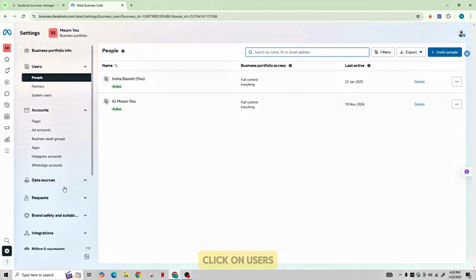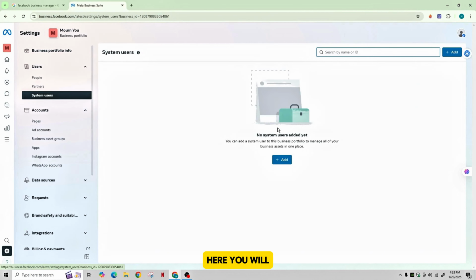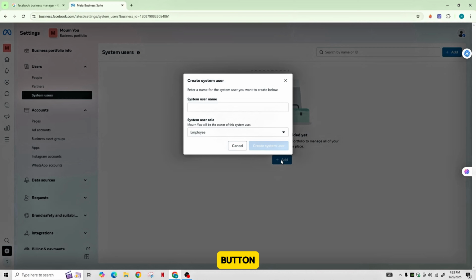In the left menu, click on users. Here you will see the list of people. You can also try adding a new user. Click on add button and then enter the system username and their role as well, and then click on create system user. You can select the appropriate access level, that is employee access, which has limited access to certain accounts